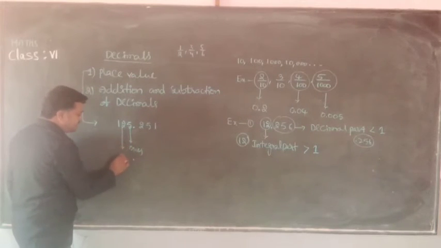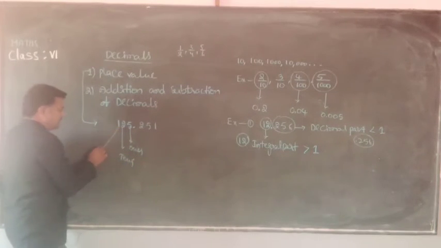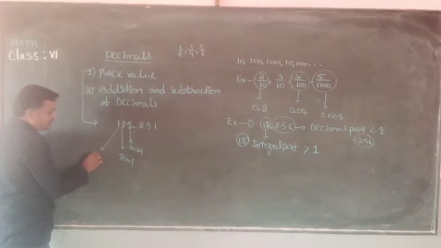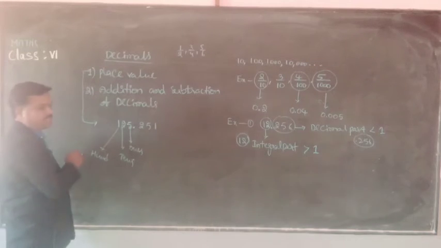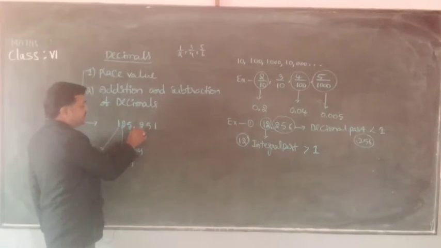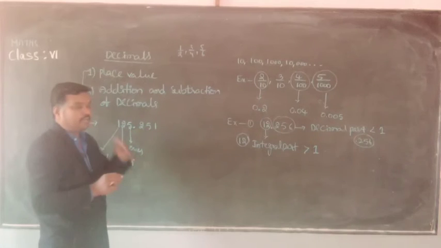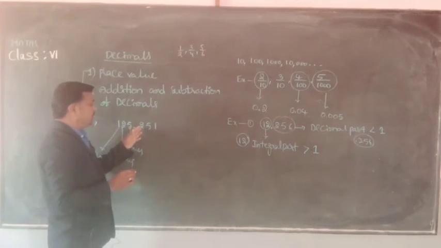The next is tens place. This is hundreds place, and thousands, ten thousands, lakhs, like this. What about the right side of the decimal point? Right side of the decimal point,